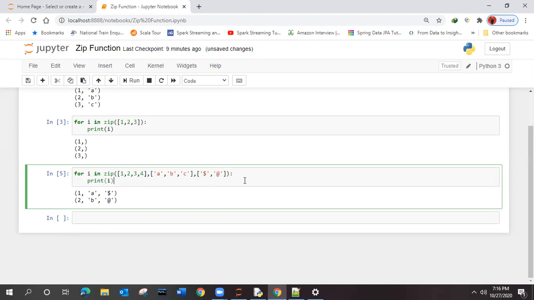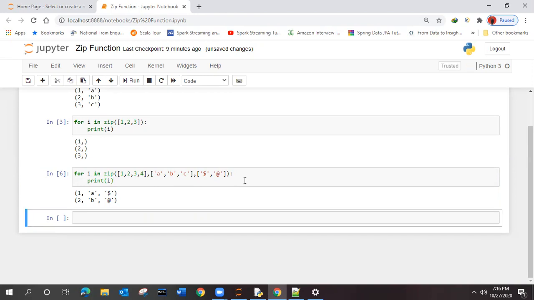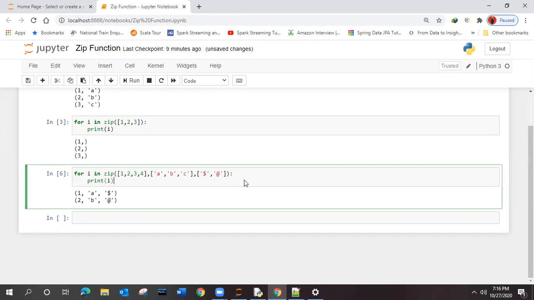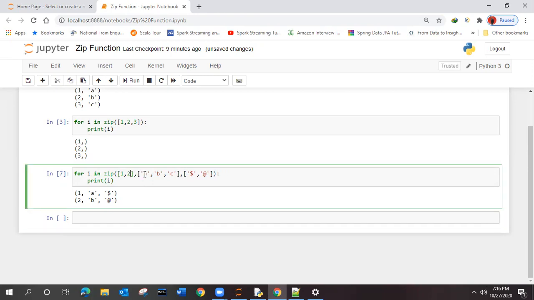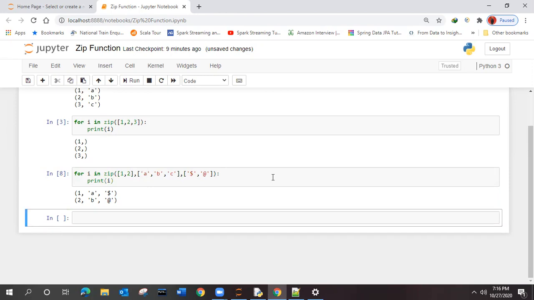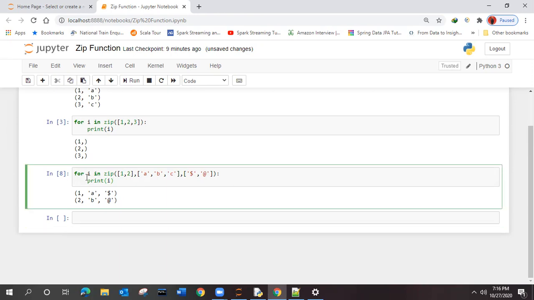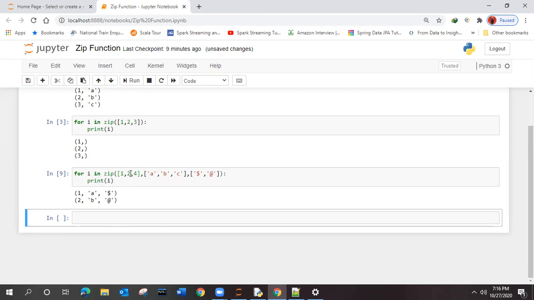4, 3, 2. What could be the possible output from this one? 4, 3, 2. Nothing will come. Why is it coming like that? We can give more, but not less. Okay, wait. Then what can we do now? Is it fine, right? What happened? Basically, the first list in the zip should be the shortest. Like if it is 2, then all the others will also come.